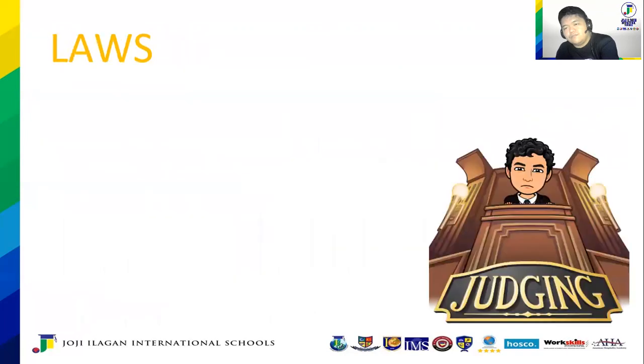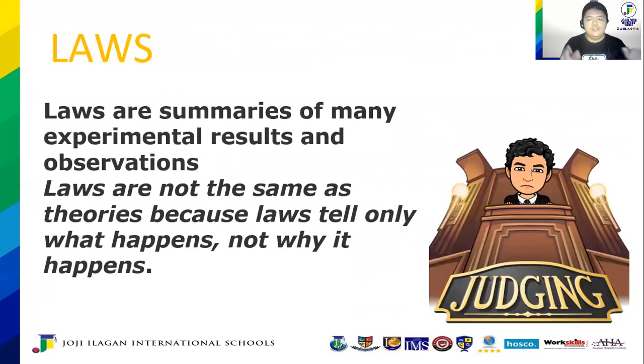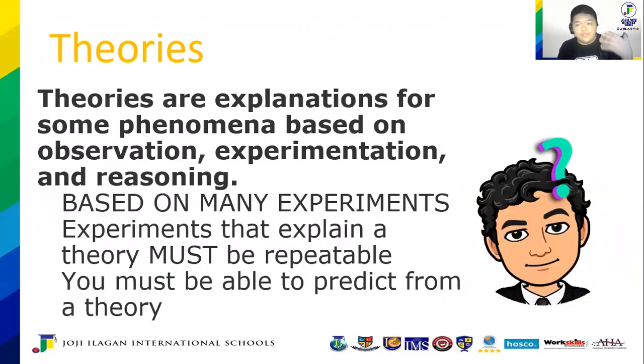But when you say law, if you apply the right thing, the law tells you what happens. The law is a law because once you break the conventions of the law, it's no longer true. The law is no longer valid. It's a summary of all the experimental results, and it has a definite outcome. Laws have a definite outcome. Meanwhile, the outcomes of theories will vary depending on the conditions.